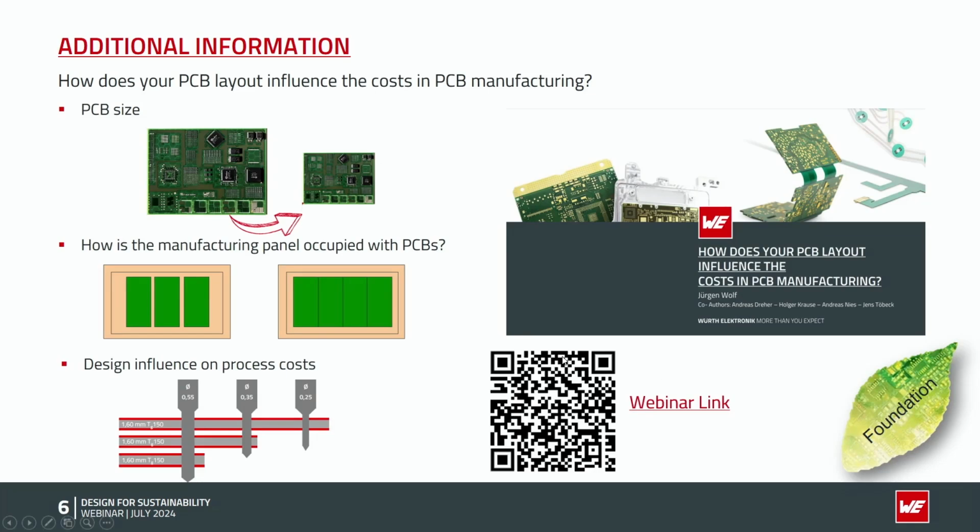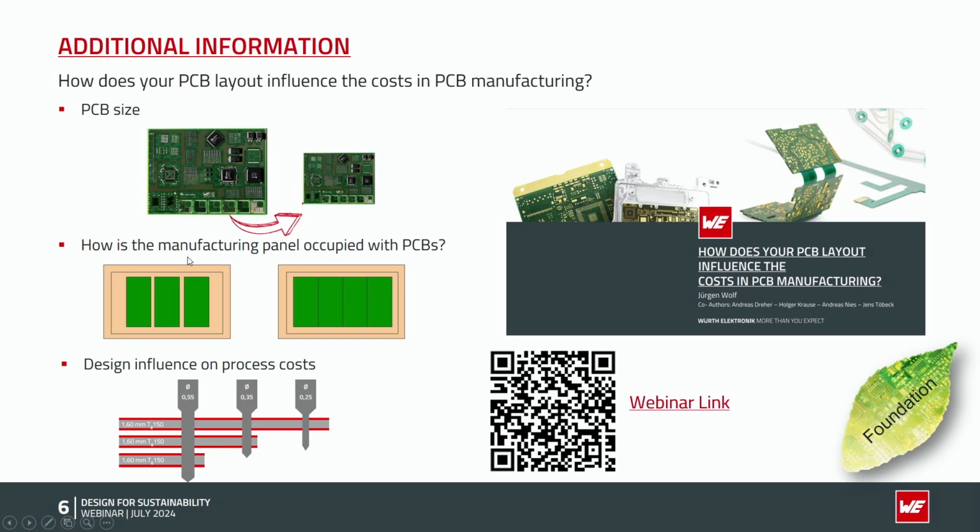Also, of course, the PCB size itself has a major influence. So if you have a big board, you need more material, more space, more resources. If you can make it smaller, save some space, of course the boards get typically cheaper, but also need fewer resources and are more sustainable. Very often the PCB size is given with the housing. So sometimes you cannot directly influence the size, but a very good point is: